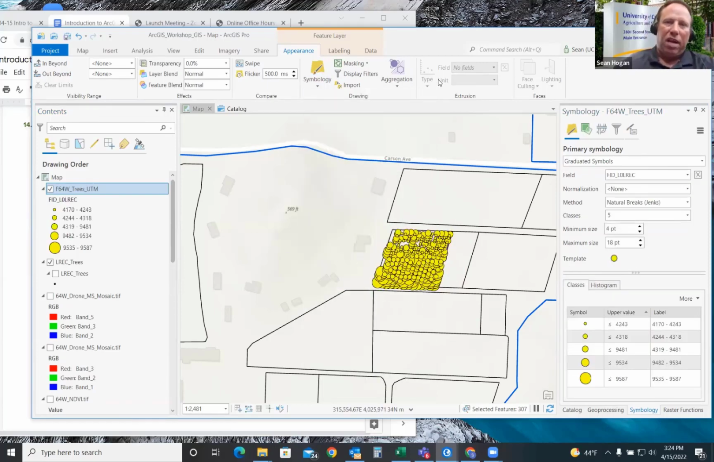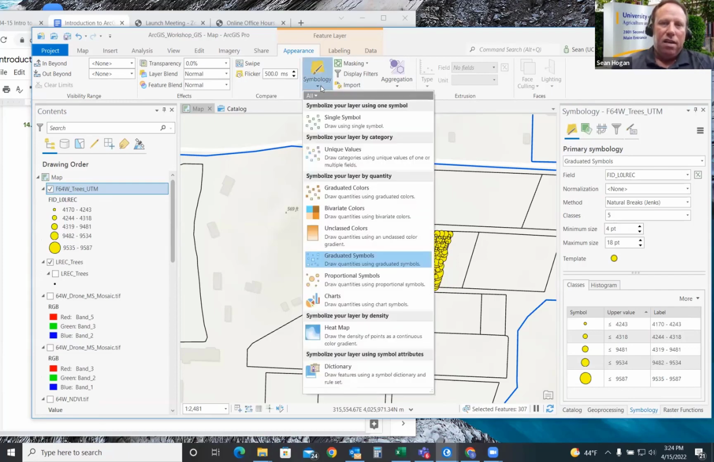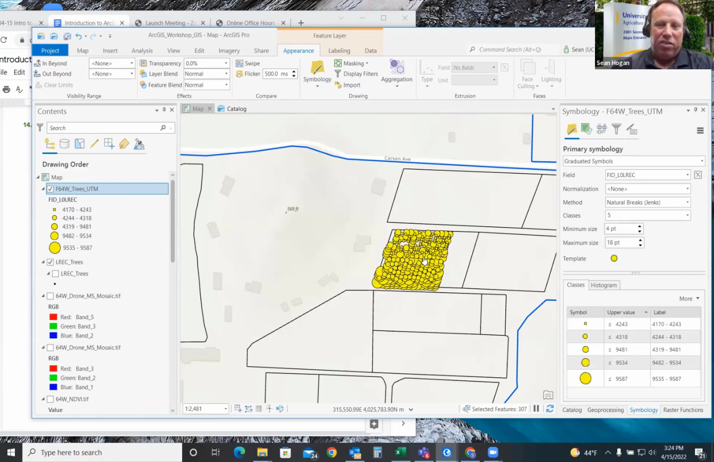Oh, I meant, I oopsed. I said proportionate symbols. I meant to click graduated symbols. The circles threw me off. That's what I was looking to do. Graduated symbols under Symbology. So drop down, click graduated symbols, and then you have a cluster of points that looks